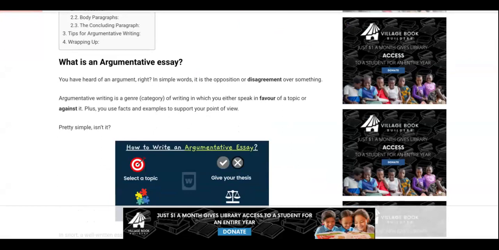But when we're writing an argumentative essay, we don't just express our disagreement, we give both for and against pointers. So the difference between argumentative and discursive is that when we have an argumentative essay, we need to make one side win. So for example, if the topic is